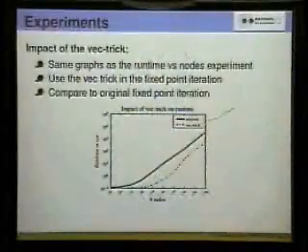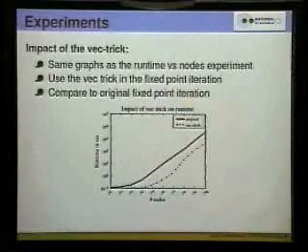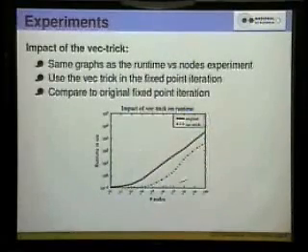No, I mean those are synthetic experiments. In the real experiments, that's not true, and we'd have some real experiments going ahead. Then the other thing we just wanted to check was whether the Vec trick actually helps you. I mean, this is an obvious thing to do. So we just did basically the fixed point iteration without the Vec trick and then the fixed point iteration with